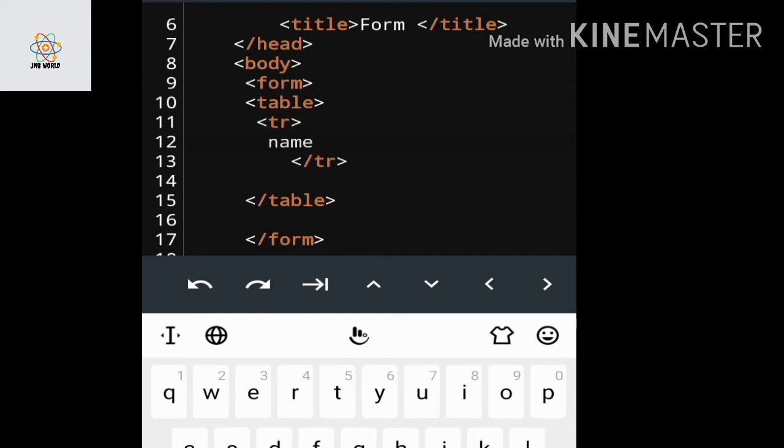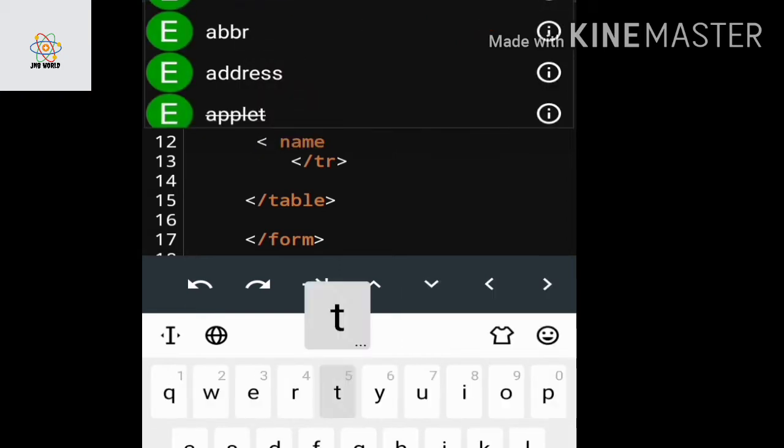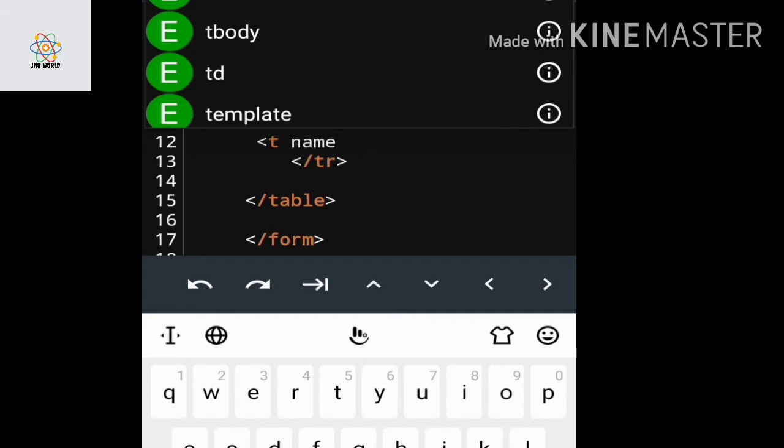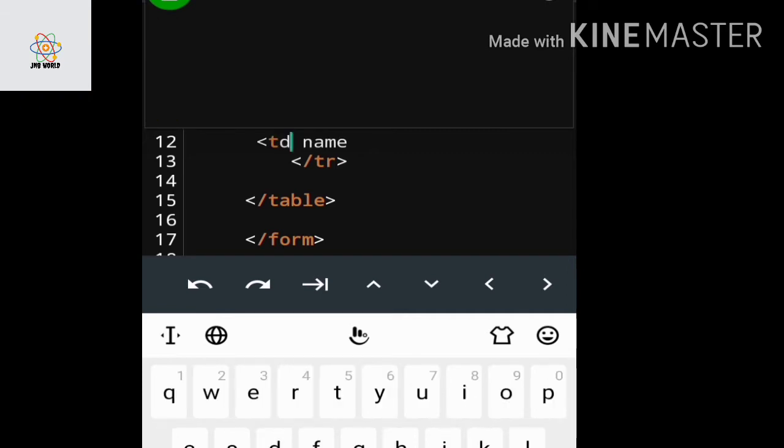If I write only name within the row, then it will only display the name, but I have to display the text box also. That's why I have to write td for entering the value. Within td I have to write the name, because here two values are there, one is name, another one is my text box.